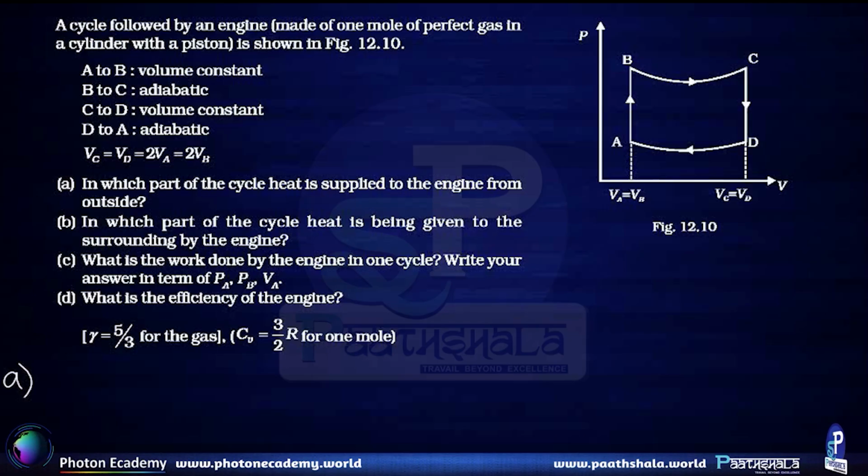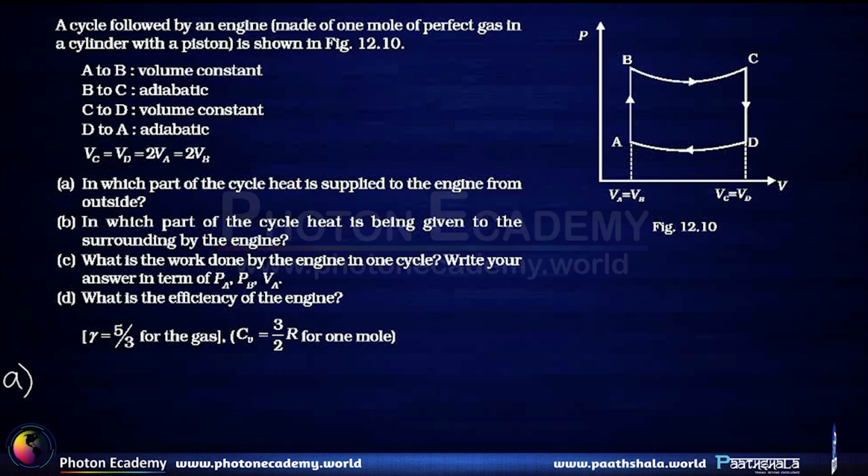The cycle followed by an engine made of 1 mole of perfect gas in a cylinder with piston is shown in the figure. The path AB has constant volume, path BC is adiabatic, path CD has constant volume, and path D to A is adiabatic. The relationship between all the volumes of the states is also given. In part A of the question, it is asked in which part of the cycle heat is supplied to the